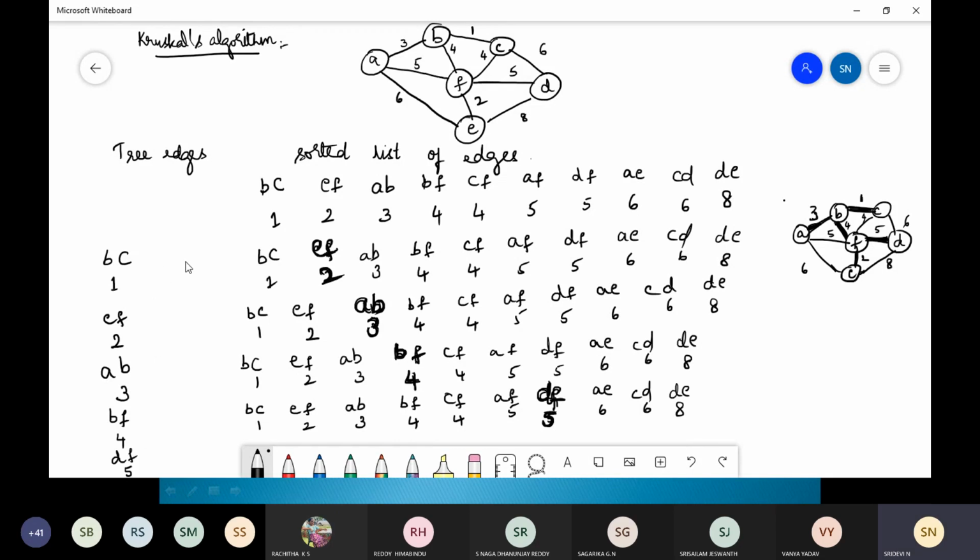And have we touched all the vertices? You check. A, B, C, D, E, F. Okay, all the vertices we have covered, and also it is acyclic, and we have ended the problem. So now what's the cost? 3 plus 1, 4, 8, 10 plus 5, 15. What's the cost? 4 plus